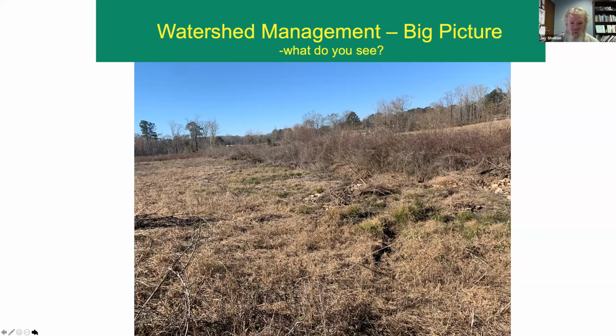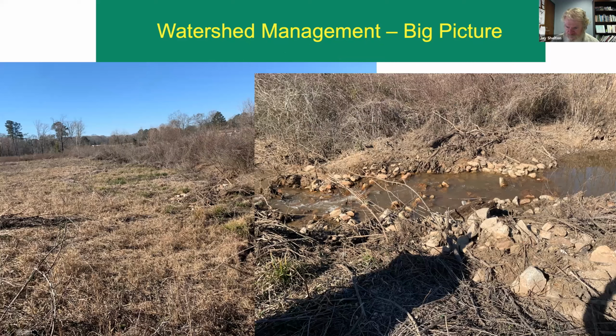And if you take a closer look at that small stream, you'll see that it might have some issues. Some of these issues involve what's going on upstream, which is some recent construction. Some of these issues involve the way it's currently being managed, which is they try to put the bush hog right down into the stream and keep it mowed right down to the ground, as opposed to trying to protect that riparian buffer that we talked about earlier. And as you put all this stuff together, hopefully,